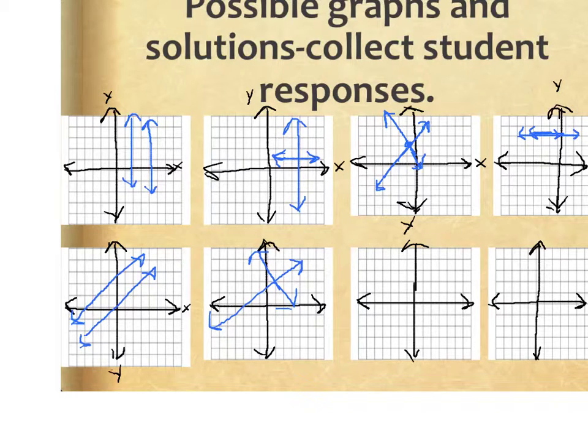During the PowerPoint, I provide the students with the 8 graphs on a piece of paper for them to sketch what possible lines, what could happen with the possible graphs with 2 lines on the same graph simultaneously. And I get a lot of intersection drawn differently. I let them go ahead and post them, that's why I provided extra graphs for them to post what they came up with, even if it was extra than what solutions we're going to talk about, just to get their ideas of what they think would happen on the